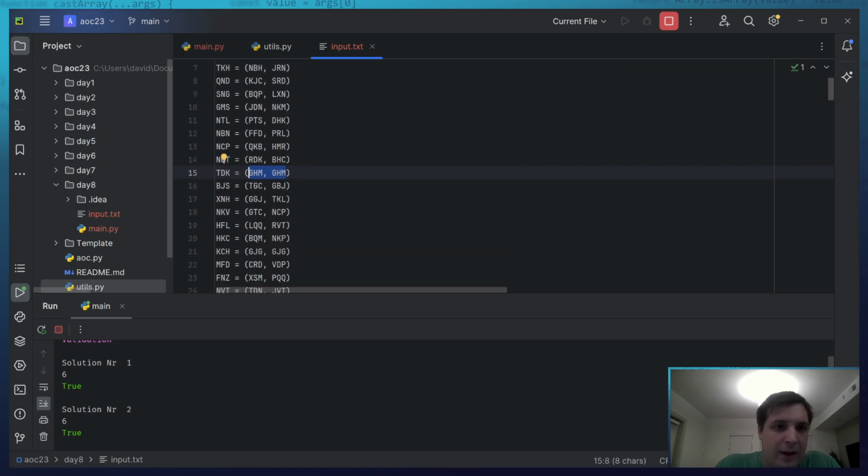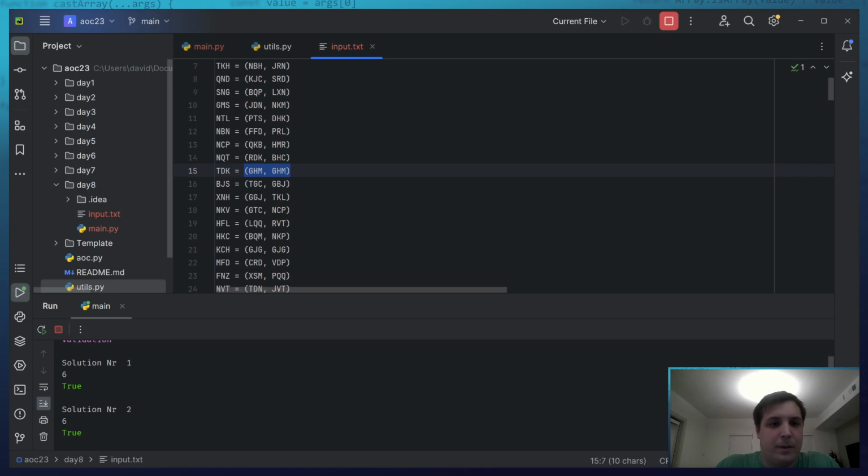So I am wondering, how often does this happen? If this is the case a lot, what I can say is whenever it leads here, I can add for 2 steps, it leads to a different thing. So if something else goes to TDK, how often does it happen?